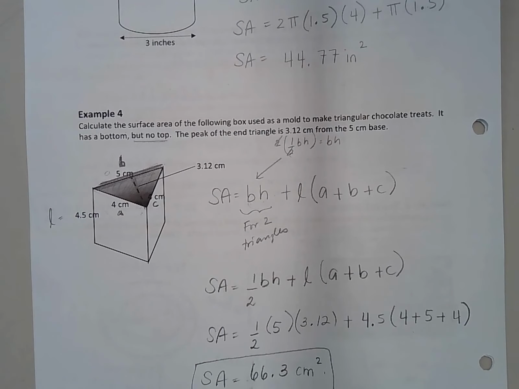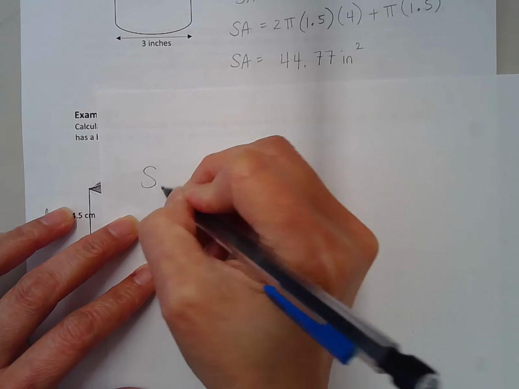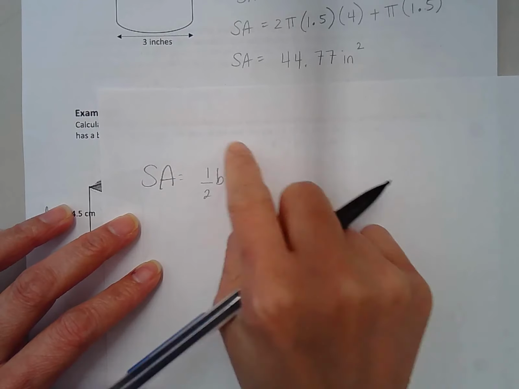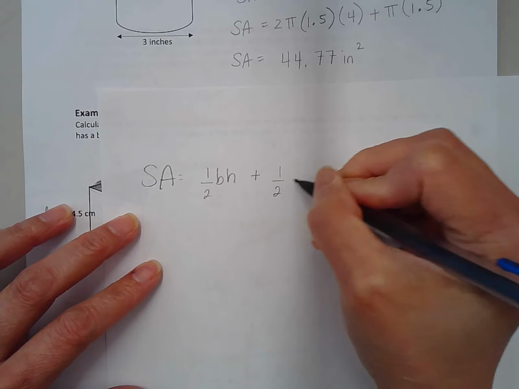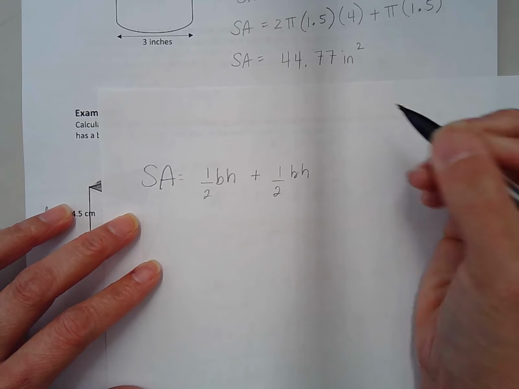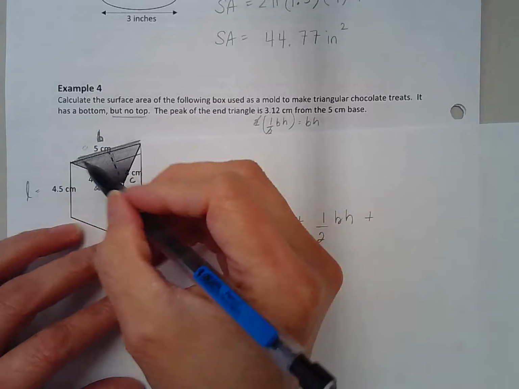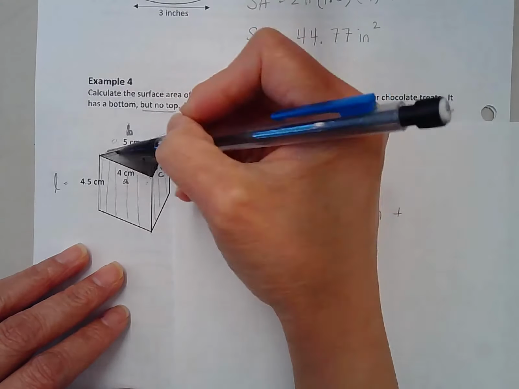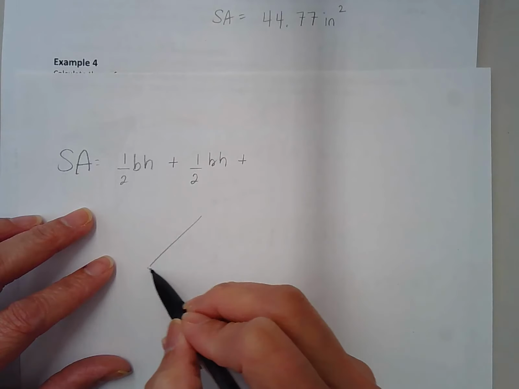If we were to do it separately, the surface area is 1/2 base times height. That's the top triangle. Plus, if I do the bottom triangle, that's another 1/2 base times height. Plus the rectangles, right? These rectangular pieces, and then the other side. So the 3 rectangular pieces